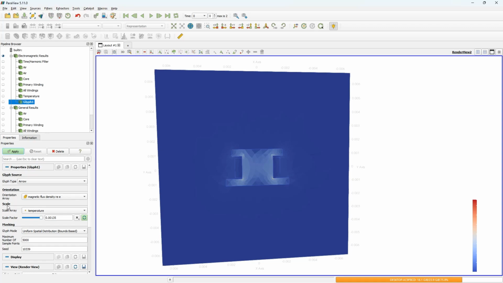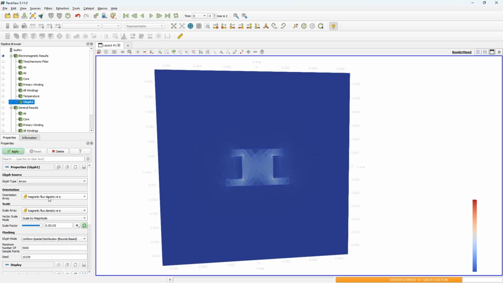And then here under the scale you can choose whether you want to scale your field or not. So you can use either no scaling, but in this case I will use magnetic flux density, the same field that I applied for orientation. I click on this just to apply the scale factor. Later you will see what happens if I don't do that. I click apply,